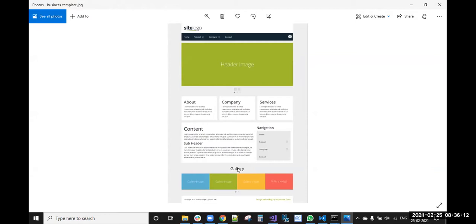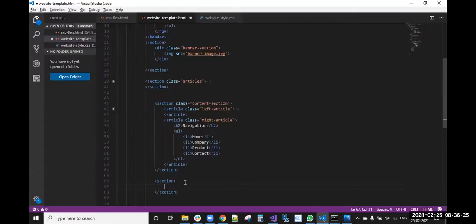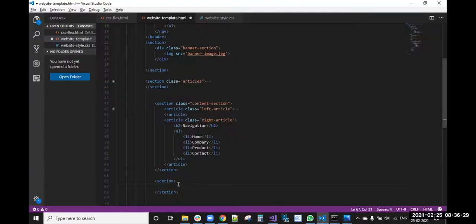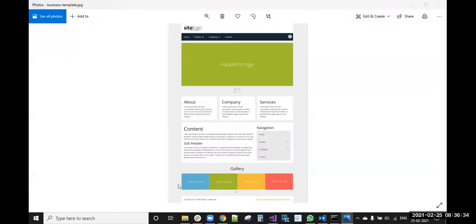Actually, this gallery doesn't have any background color or anything. Still, we can give it a background color. It will look good. Otherwise, it is not looking good, this gallery like this. So we will give that also a background color, right?